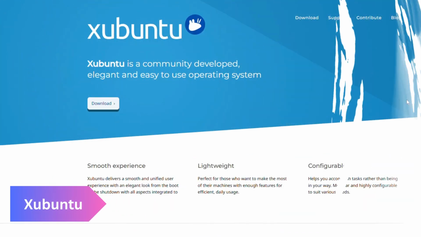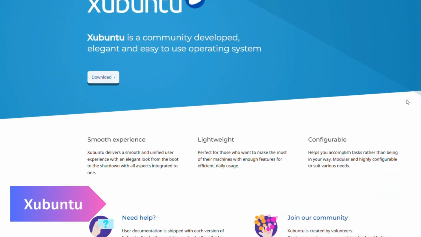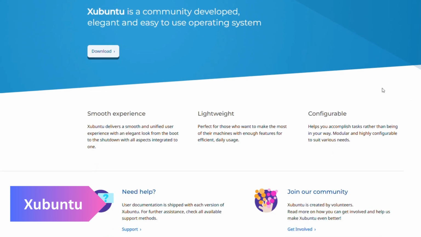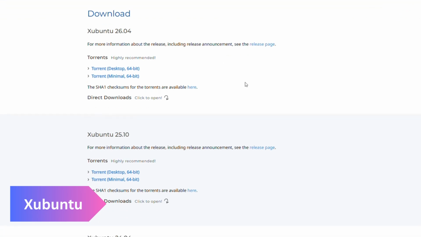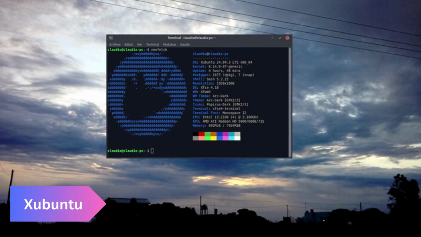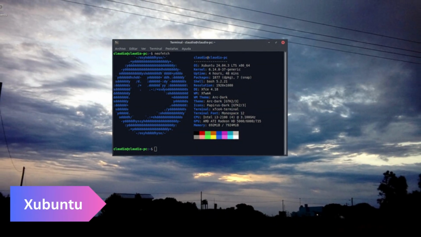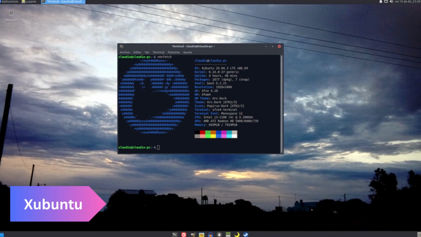Xubuntu uses the Xfce desktop, offering a lightweight and efficient experience. It's ideal for old PCs and users seeking a traditional, faster, and less intensive desktop. It offers a classic, Windows-like desktop layout with a standard panel and menu, and you can customize panels, menus, and themes easily. It's much lighter than standard Ubuntu, using around 600 to 800 MB of RAM at startup, but slightly